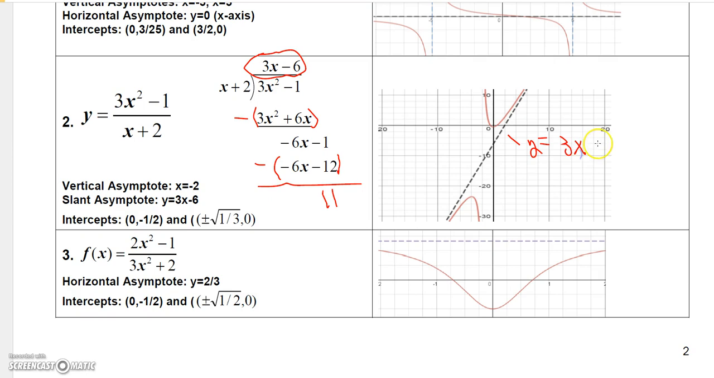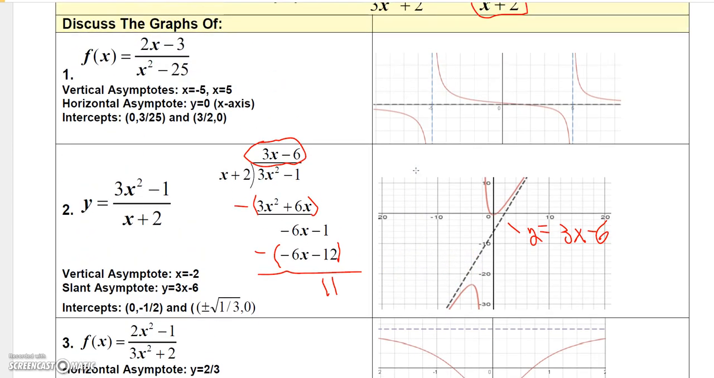And notice that as x gets large, this graph gets closer and closer and closer to that line, but it also does the same thing in the negative sense. As x goes to negative infinity, the graph gets closer and closer to that line, y equals 3x minus 6. So that's how you find a slant asymptote. And I might do another one here for you in a minute, but let me just summarize now on these